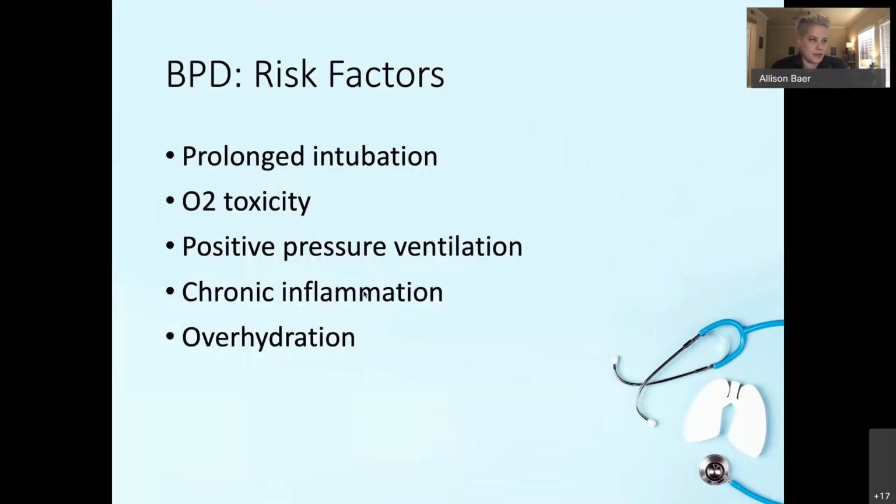So what are some risk factors? Prolonged intubation, especially if they were a preemie needing lots of mechanical ventilation in the neonatal period. If they had respiratory distress as a little baby, a birth weight of less than 1,500 grams. For some reason, male and Caucasian are at a higher risk for this as well. And it's associated with higher levels